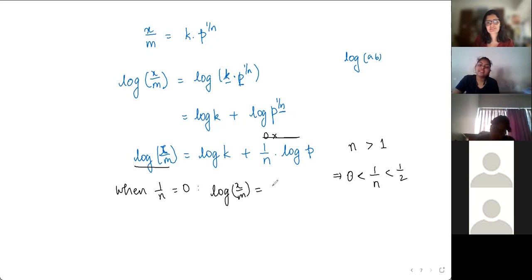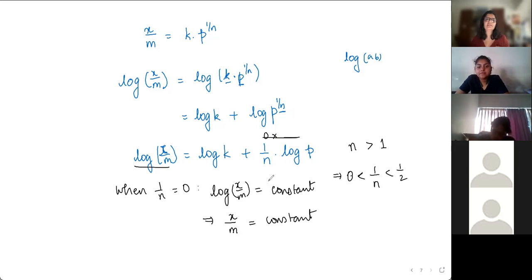It'll be log 1 dx. So 1 becomes x. You're not differentiating it, I just substituted. Sorry, I was mixing integration and everything. It'll be log k only, which is basically some constant. ठीक है. So if log x by m is a constant, taking the anti-log of it, x by m also will be constant.